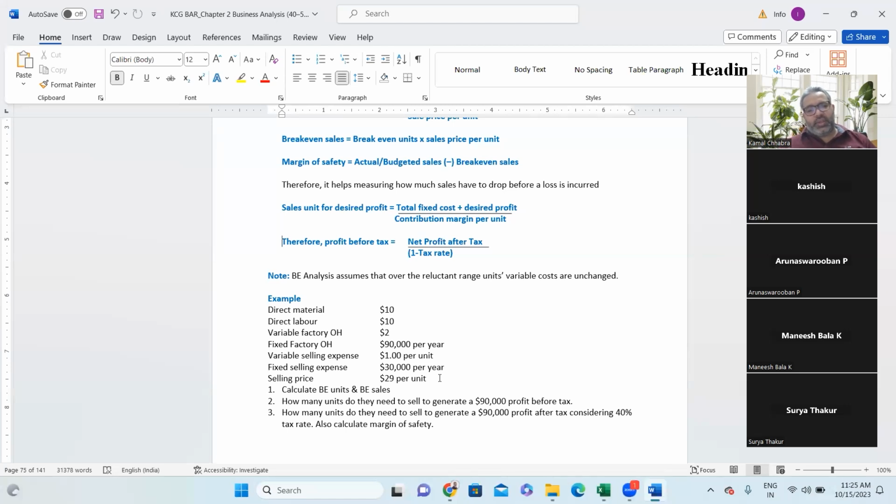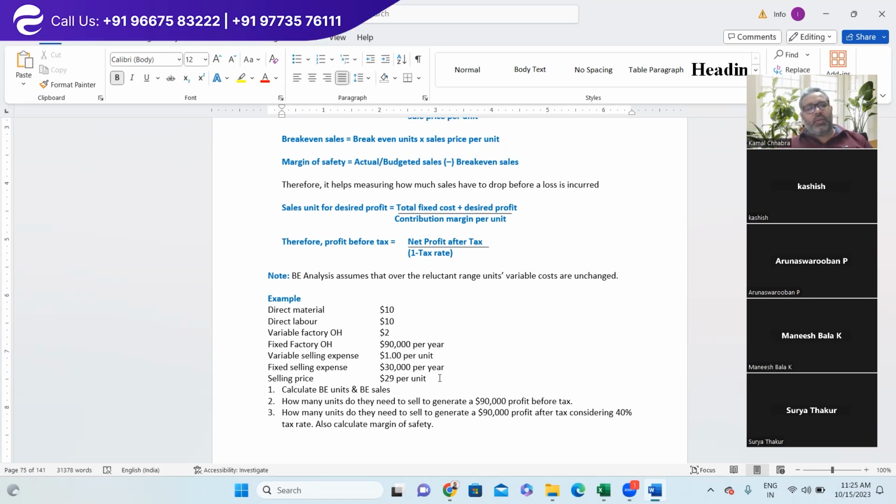So they ask you three things to do. One is calculate break-even unit and break-even sales. So how do you calculate break-even unit and break-even sales? What is the total fixed cost? What is the formula to calculate break-even unit? Total fixed cost divided by,